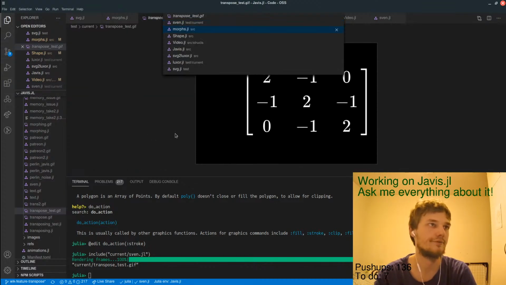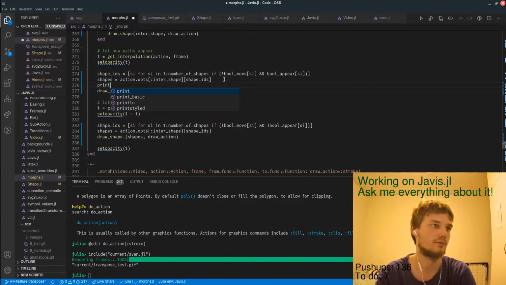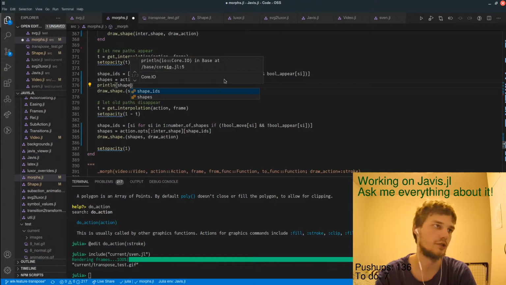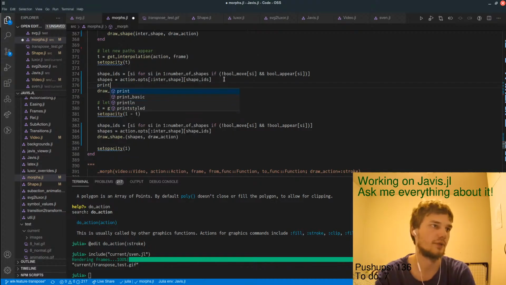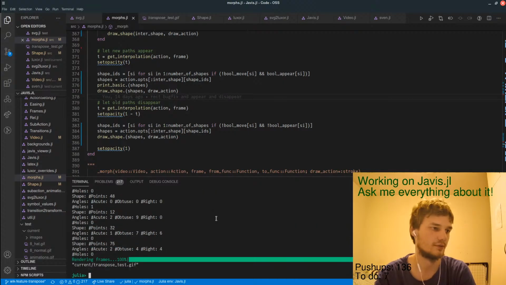And furthermore, I want to have so. Oh wait, I have like prints, basic prints. Shapes. I hope that works. I don't know. Shit. Prints and basic information.